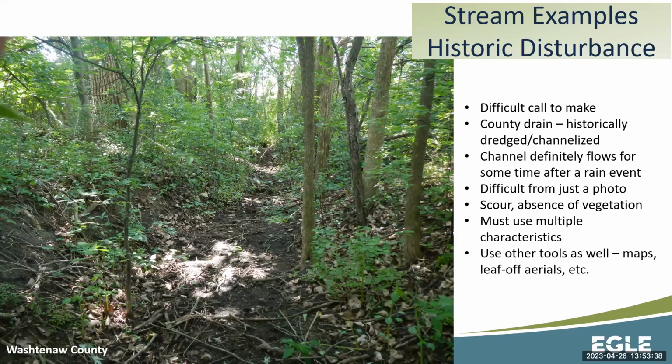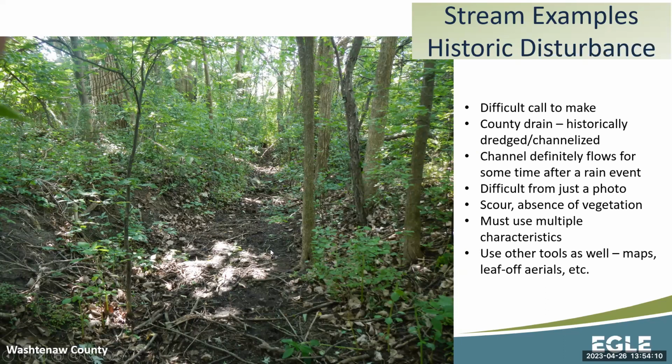Here's another example of disturbance in a stream channel, and this is specifically historic disturbance. So this channel would be a difficult call to make. This is a county drain. It's been historically dredged and channelized, but this channel definitely flows for some time after a rain event. It's difficult to see from just the photo, but there is scour and absence of terrestrial vegetation in the bottom